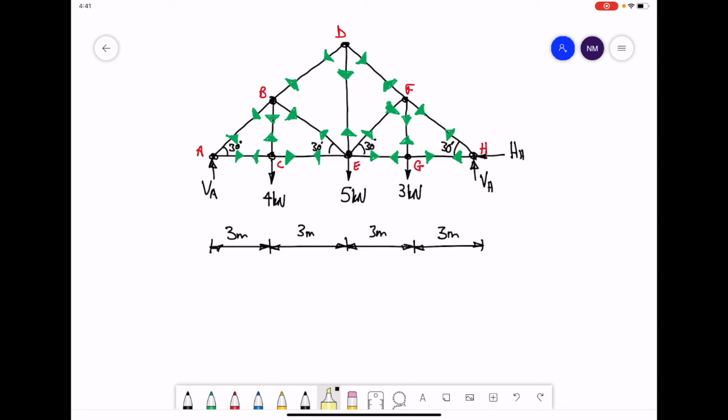In this framework, we were only asked to calculate the forces in the following members: member AB, member AC, member BC, member CE, member BE, and member BD. For that, we needed to analyse the forces at 3 joints: joint A, then joint C, then joint B,